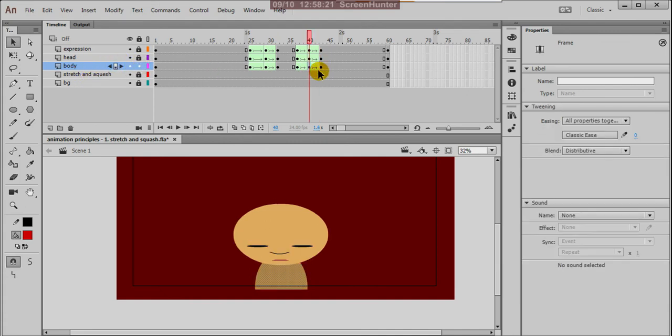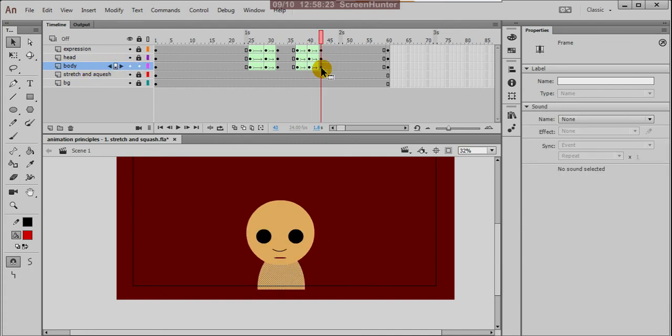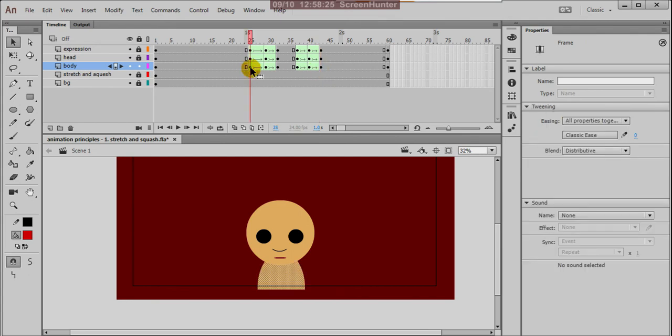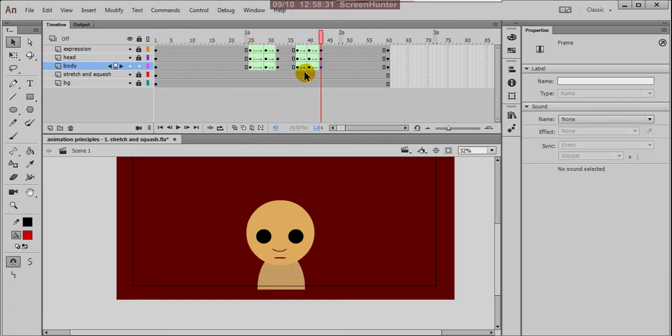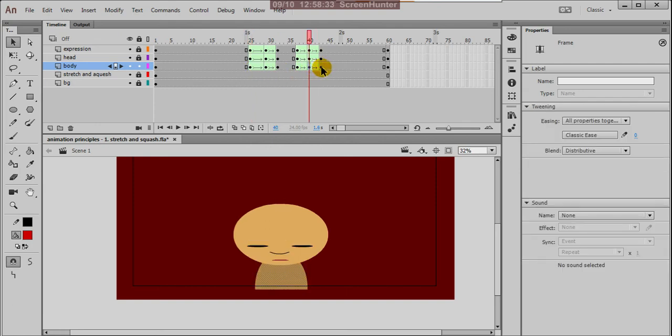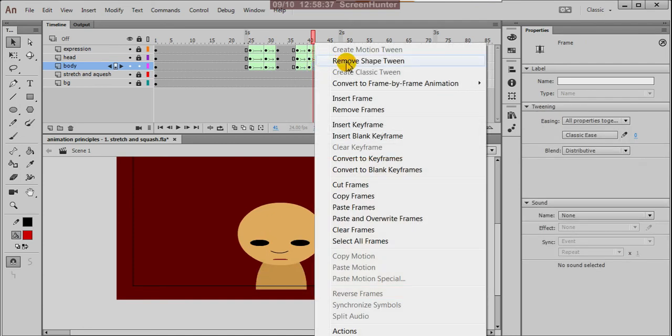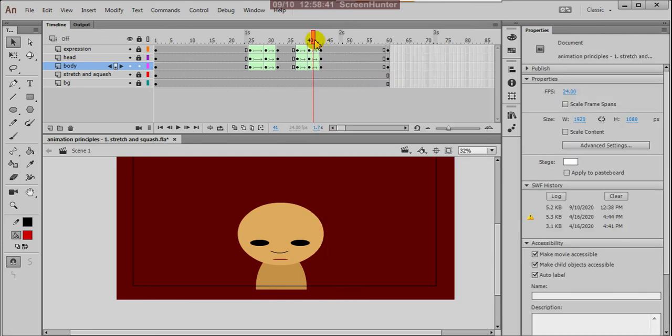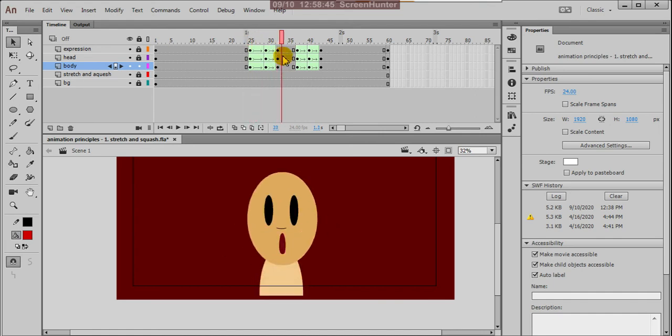Yes, between this and this, the body and this body are the same, so I copied this and pasted here. So between this and this, again I applied a shape tween. Okay, so already applied here. So this is right. So this is the action.